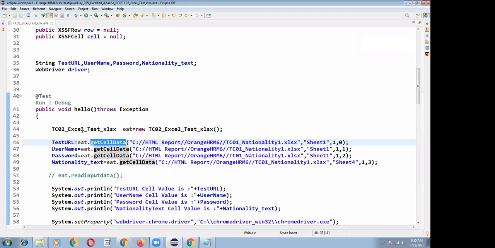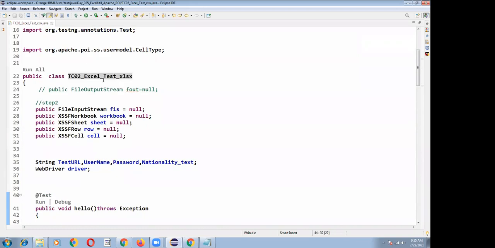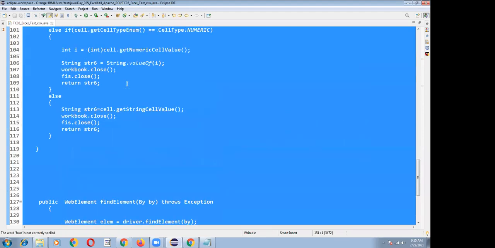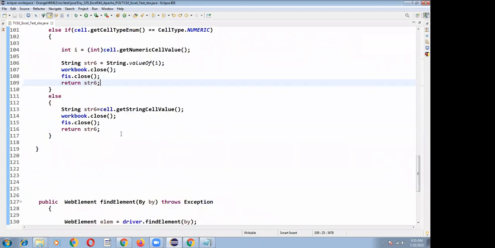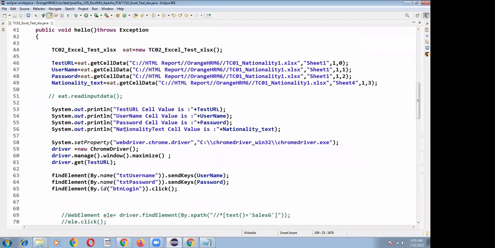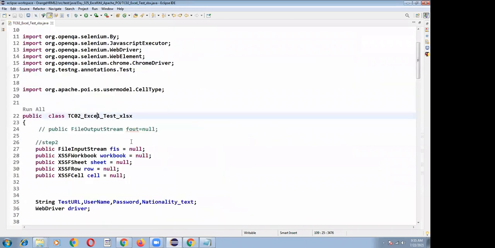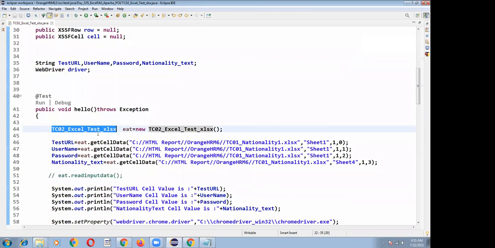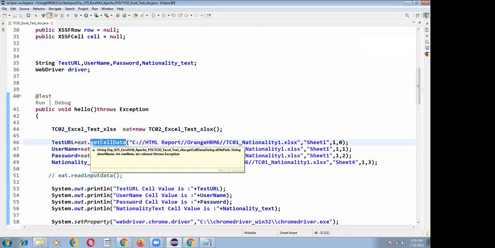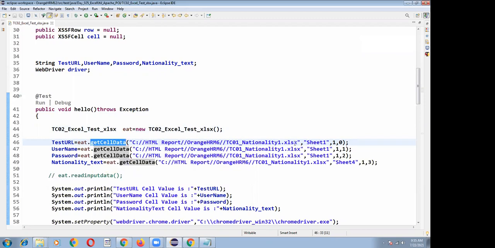I'm getting the value from it.getCellData. So what is my class name? For the current class, I created an object it, and it.getCellData. In the current class, I have implemented a method named getCellData. I give my Excel file path, from which Excel I want to connect, and I specify Sheet1, and the first row, 0th column value I want.